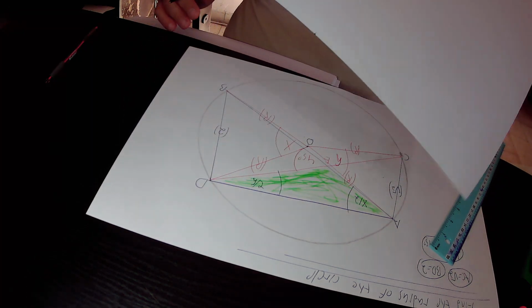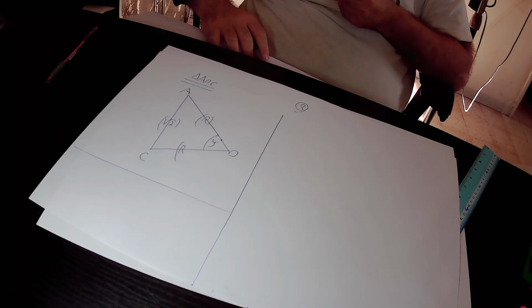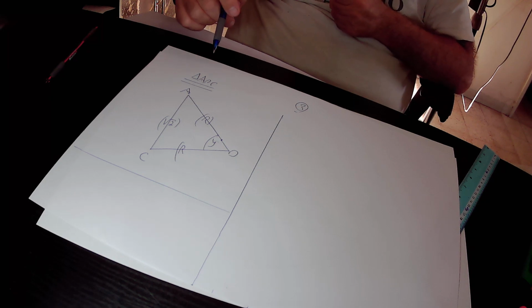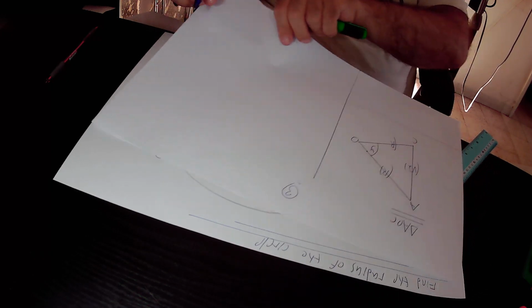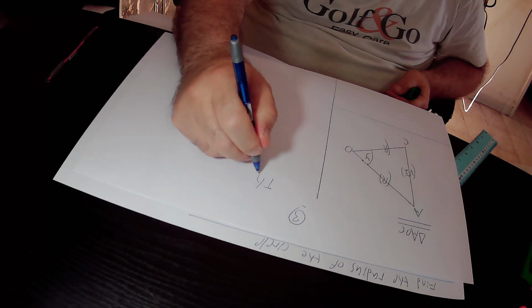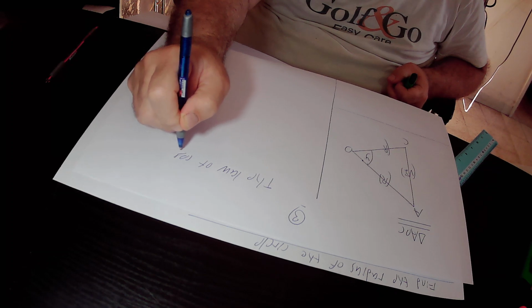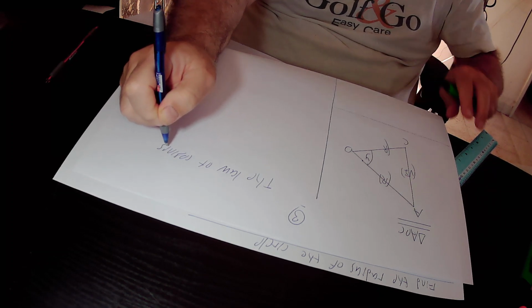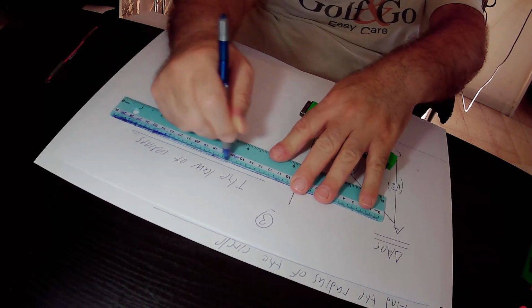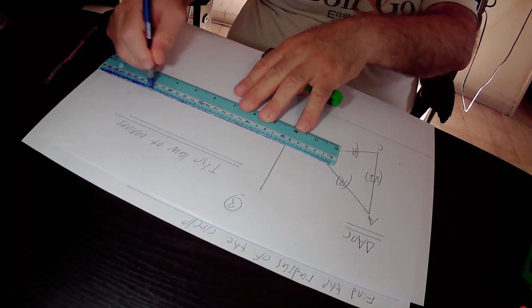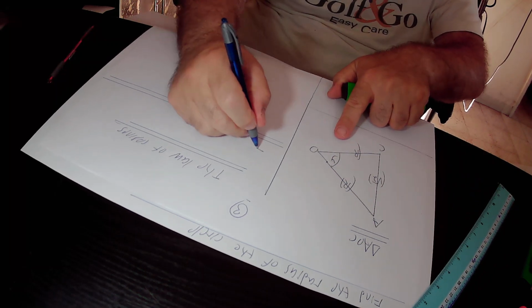So actually, this is triangle AOC that I copied from the original drawing. The next step, we implement the law of cosines in this triangle AOC. So according to the law of cosines, in this triangle AOC, cosine y